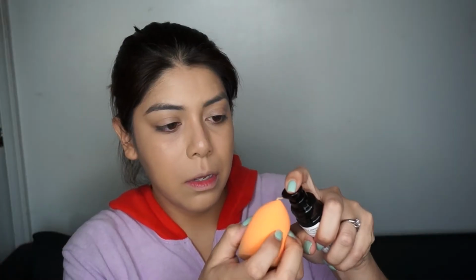So on camera, I feel like it looks very dewy. Just looking in the mirror, it doesn't look as dewy as the camera is capturing it, but then I have a big light on me, so I am just going to put a tiny bit more under